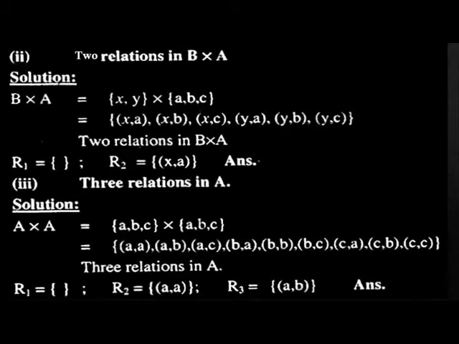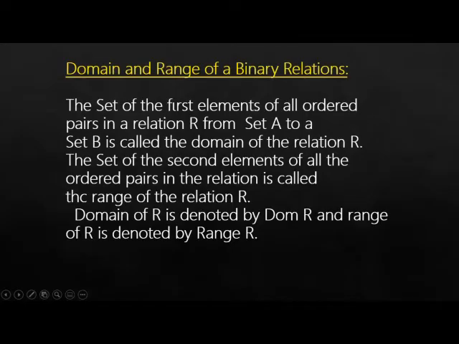There is one more thing, which is that this is a simple solution in which I have first found out the Cartesian product and the relations. But if the question comes in the examinations, you have to follow the full procedure which I have shown you in the previous question. First find out the number of elements in the Cartesian product, and then you have to find the Cartesian product itself. Then you will have to find the number of relations in B cross A, and then you have to find the relations. So this is the proper solution for doing these types of questions.